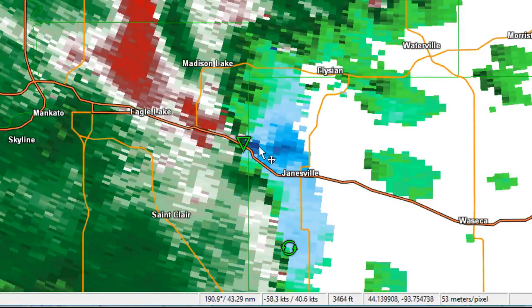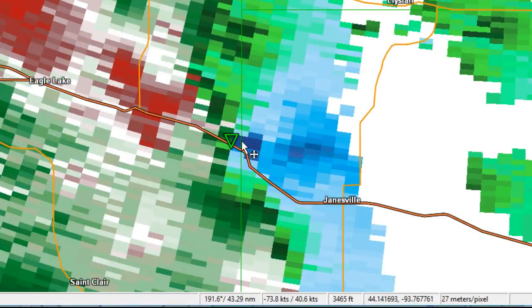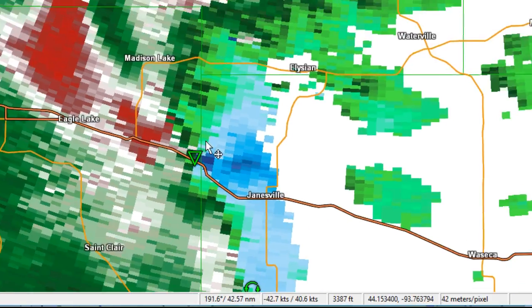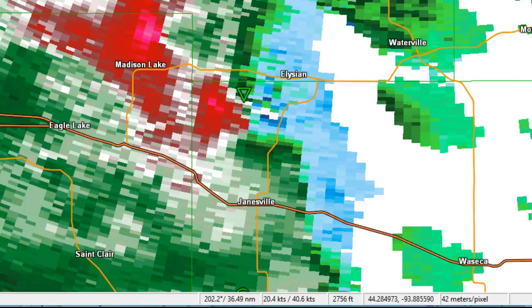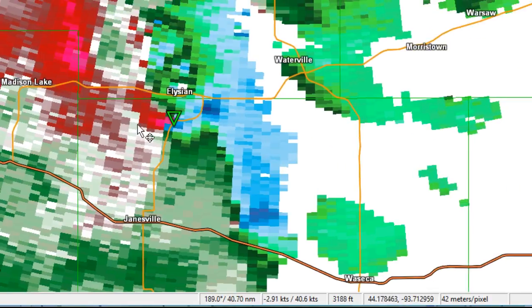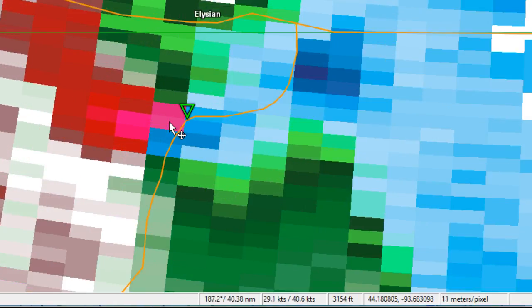We roll that forward, and that tightens up quite a bit. Minus 73 versus minus 22. That's about 50 knots of shear across a very tight area. And we bring that forward, and let me just show you very quickly. That right there, that's pretty significant. That's definite tornadic shear right there. So we zoom in,